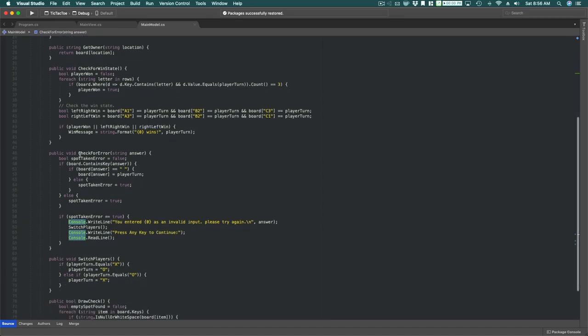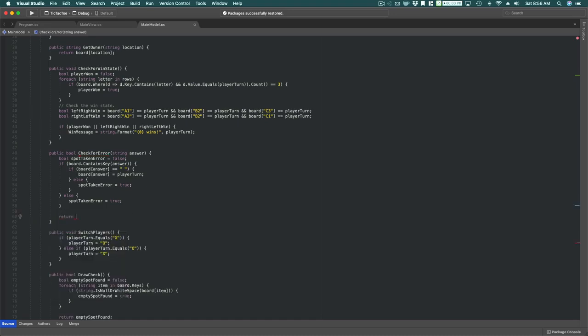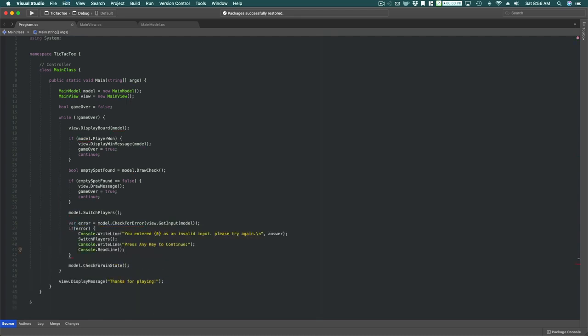So I think what would be better is if we returned if there was an error, so return spot taken error, and then in the check for error, so then if error, model dot switch players, and then here we can do